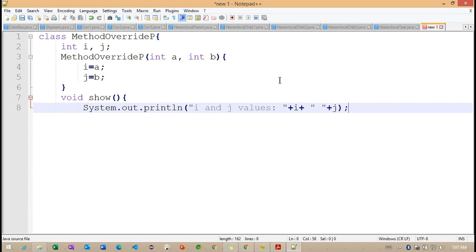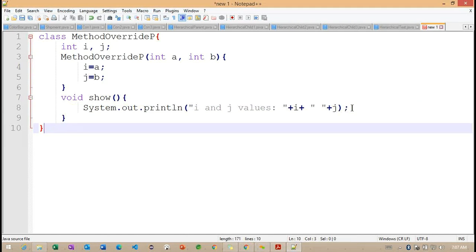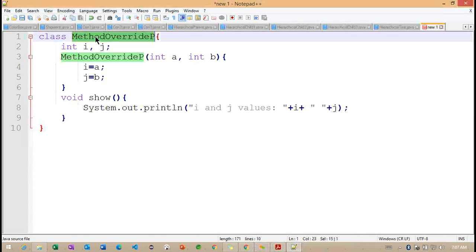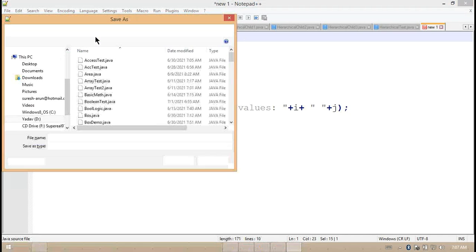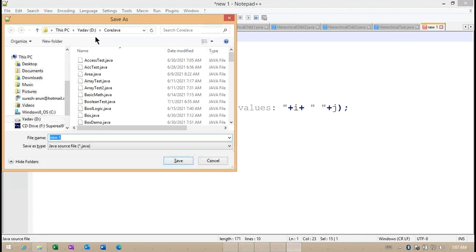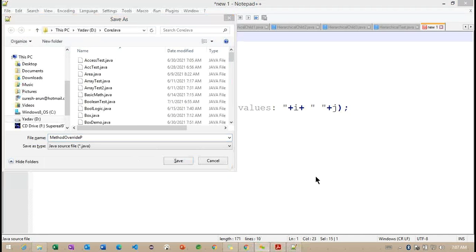Let me close the show method and the MethodOverrideP class, where P is our parent class.